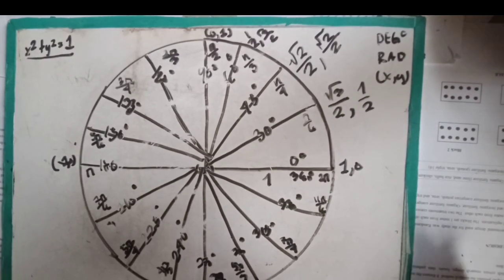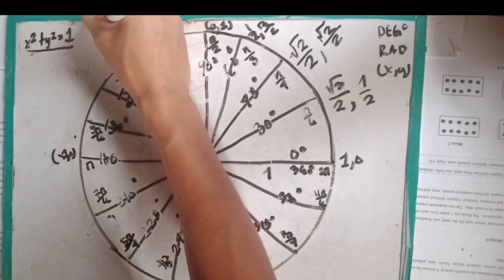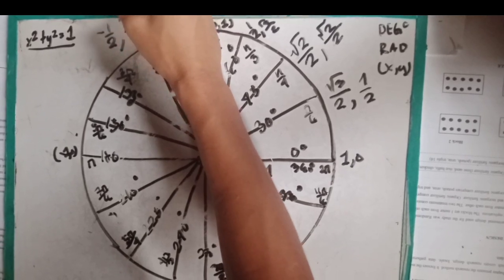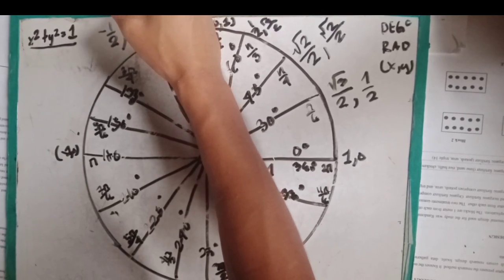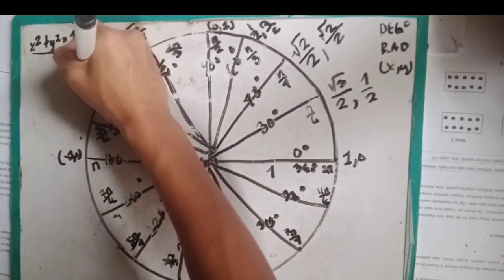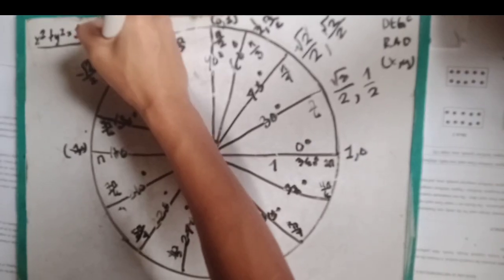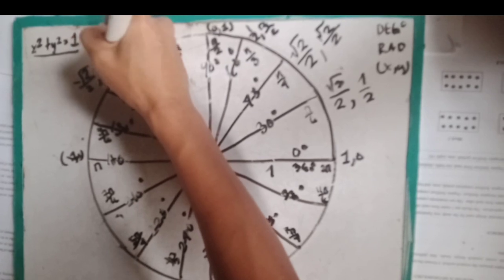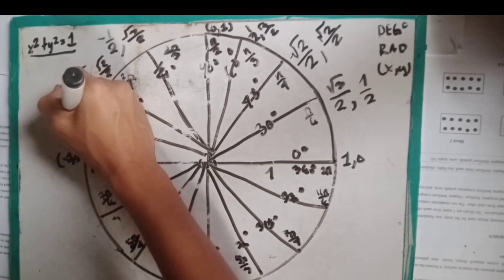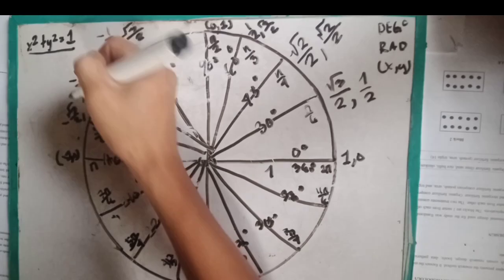So that's it. So I will write right here. So it is negative 1/2, then the value of y is square root of 3 over 2, then right here is negative square root of 2 over 2, then the y is still positive, square root of 2 over 2, then right here is negative square root of 3 over 2, then positive 1/2 for the y coordinates.